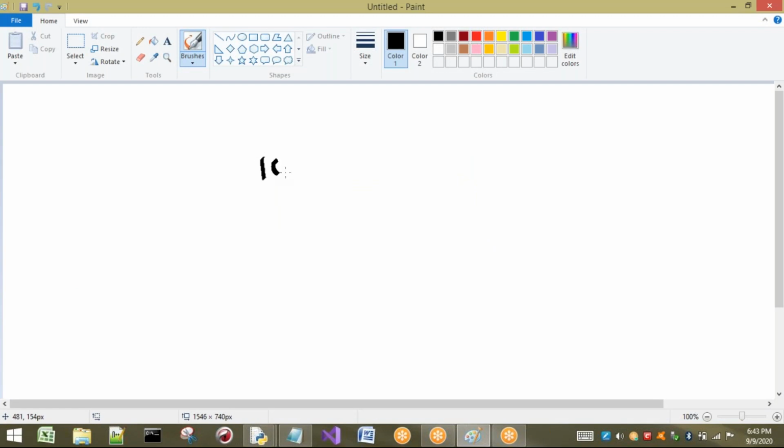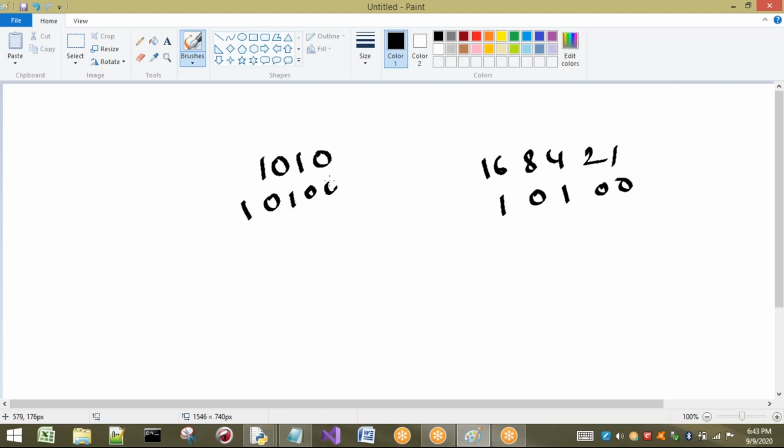I know that 10's value is 1010, but I don't remember the value of 20. So what do I have to do? I have to apply the rule called 8421. This is only up to 15 values, so this one also I have to consider. So I need 20: 16, 4, 20. So this is the value, 10100. Here I will place 0. So this is the 10 value, and this is the 20 value.